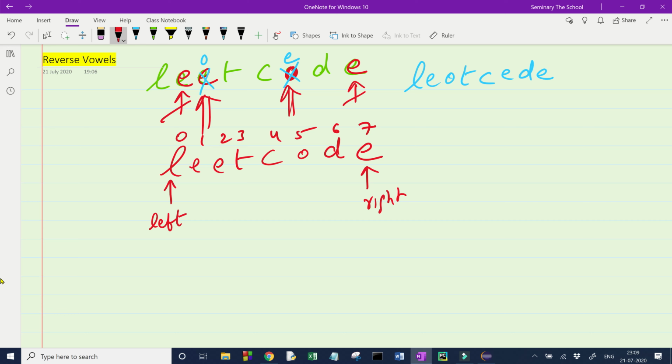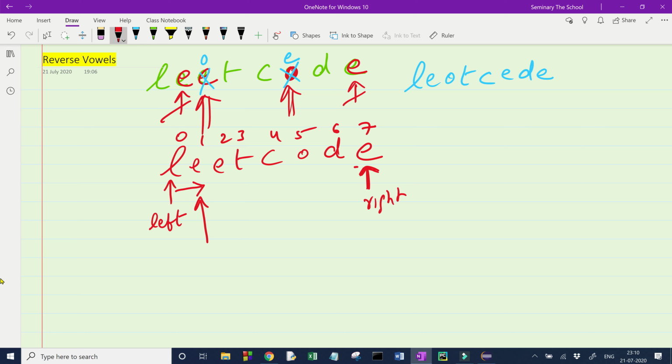So first of all we will keep running a loop from the left towards the right until we reach a vowel. We start from here, we reach here, we get one vowel, and we stop here. One loop is over. Then the next loop will start from the end of the string. It will go towards the left till we reach a vowel, but the last letter is itself a vowel, so we stop. Second loop is over. I hope it is clear.